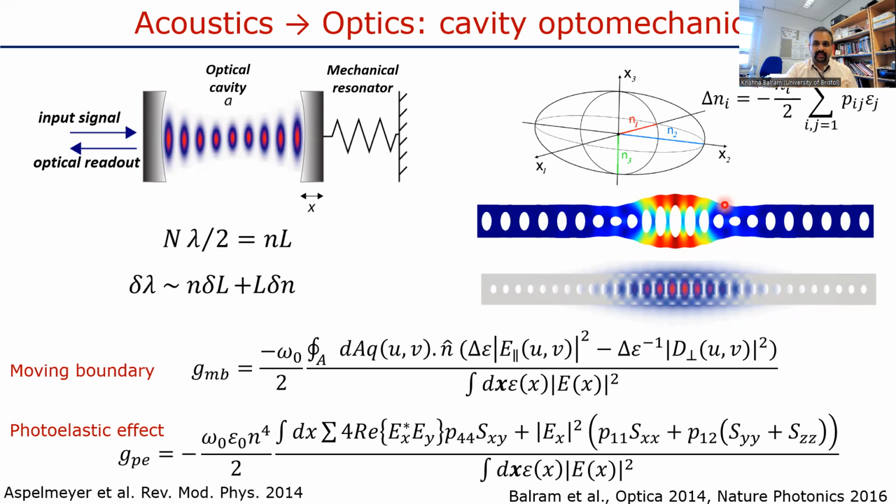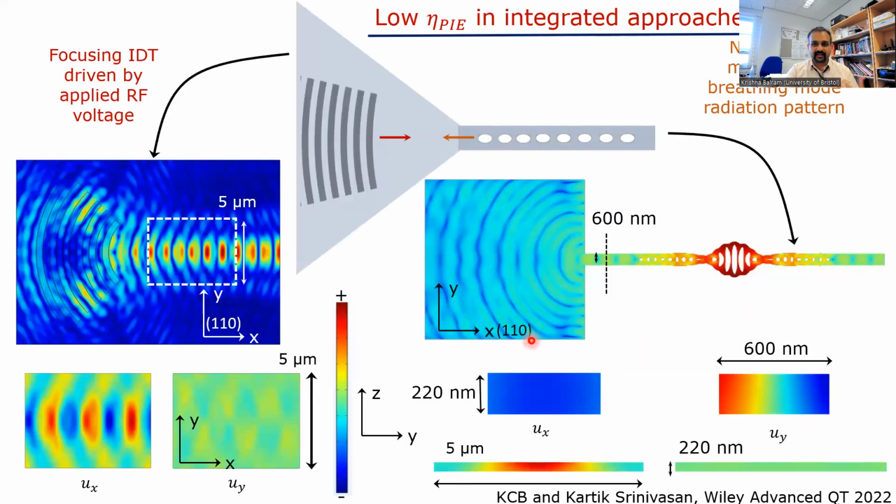And the acousto-optic interaction strength in these devices is many orders of magnitude larger than what you can get in bulk crystals due to this very strong wavelength confinement. On the other hand, this strong wavelength confinement also brings along with it some challenges, which is that it's very hard to excite or load these cavities with phonons from an external transducer. And so this issue of phonon injection efficiency that I discussed at the beginning comes here.